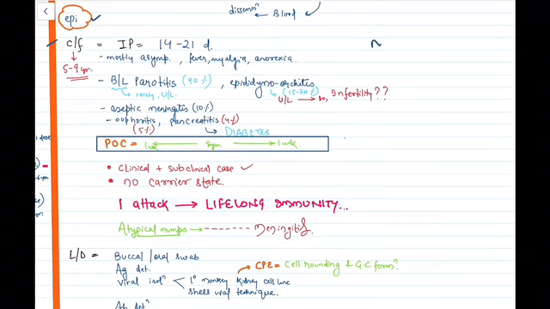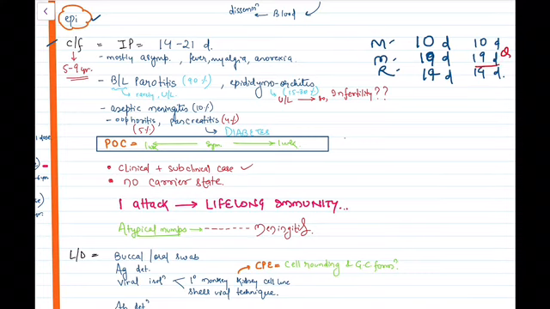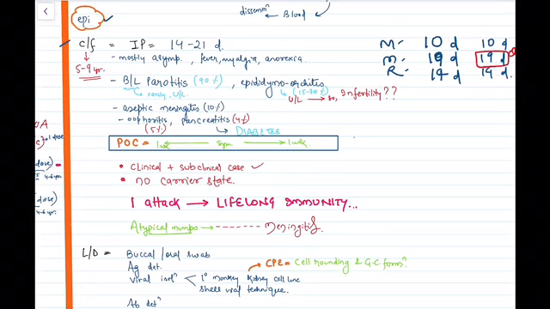So for that you can remember the sequence: MMR, measles, mumps, rubella. Start with the 10. So for measles it's 10 days. For mumps, just make one line, this is 19 days, and for rubella add one extra line, so this is 14 days. So 10 days, 19 days and 14 days. And this was the question for mumps, it was 19 days. So you can remember both.